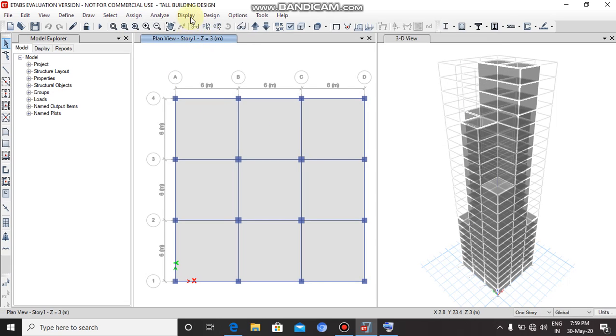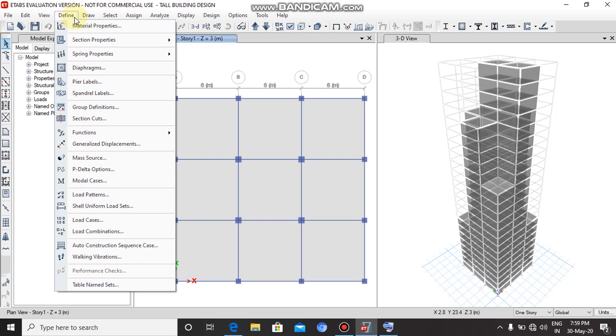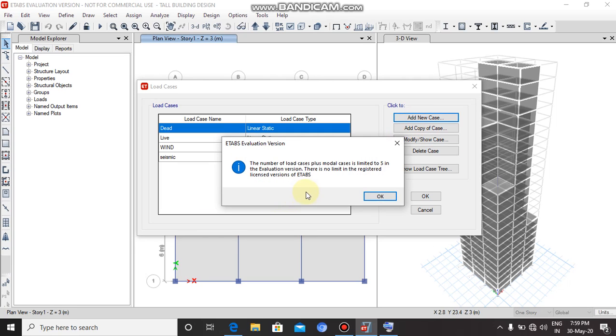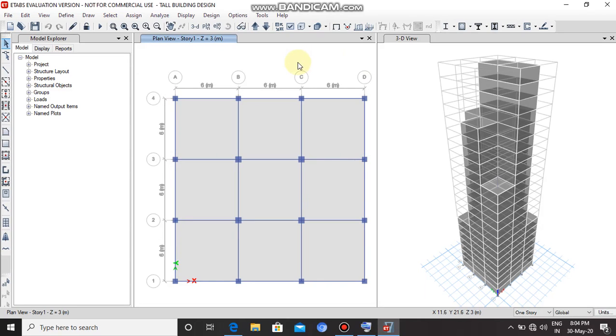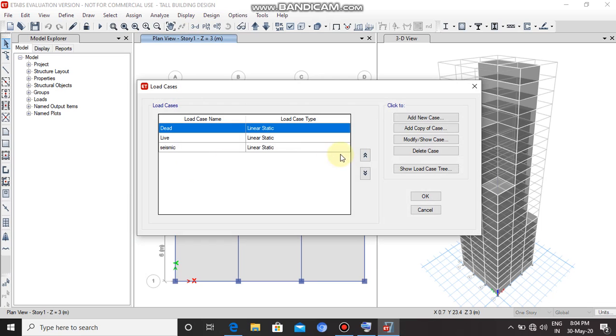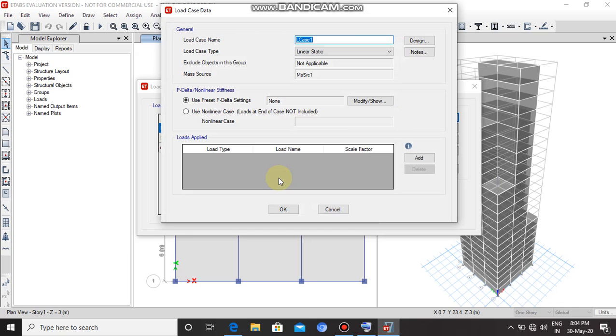Now click on define, load cases, and then click on add new case. Here we set the properties of the new load case.